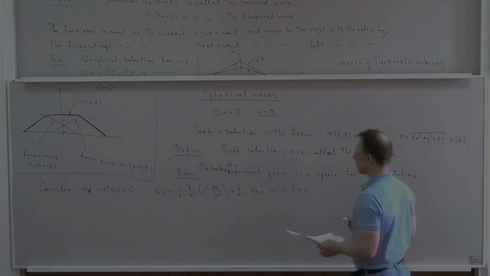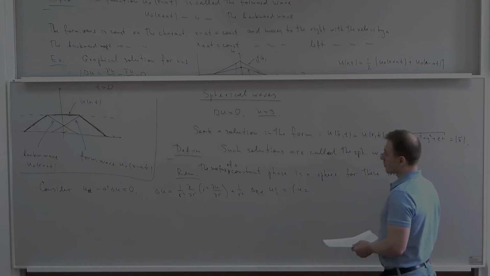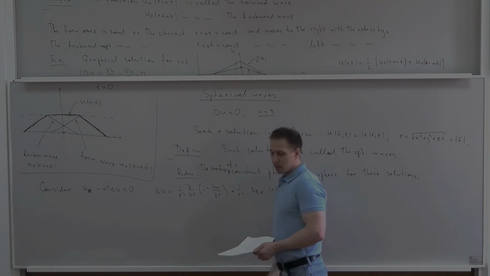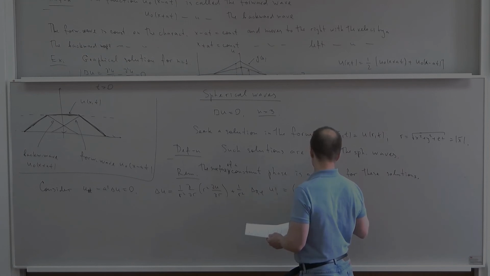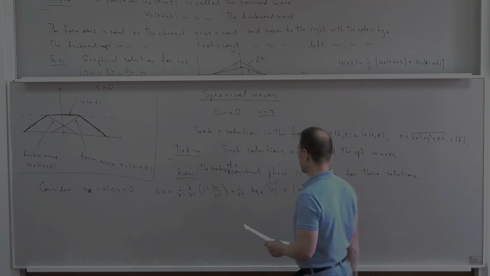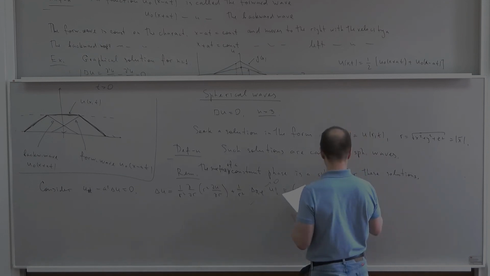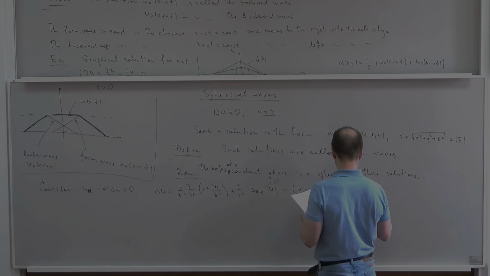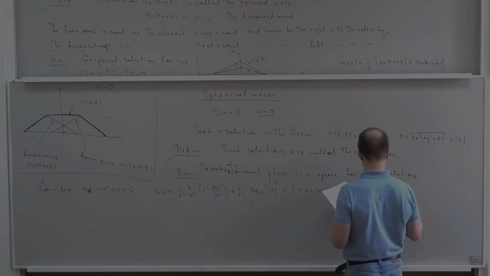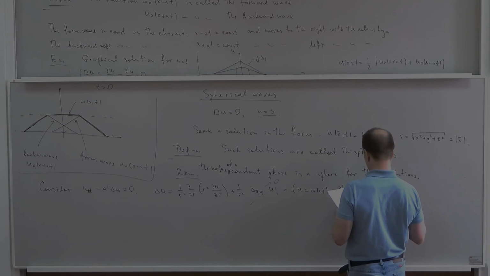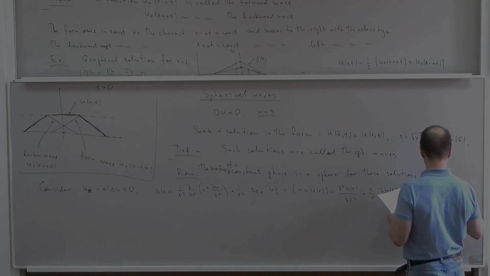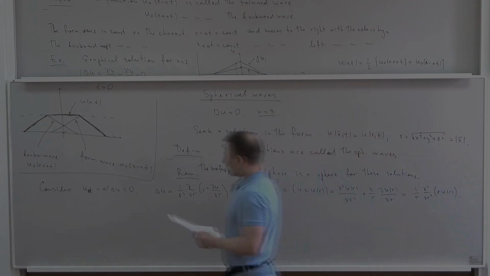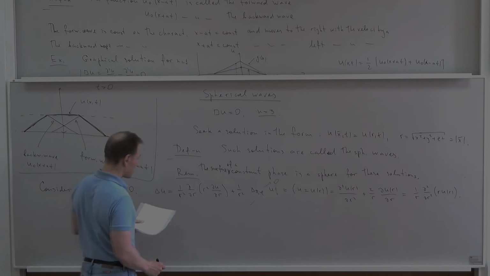Now we consider only the case when u depends on r and it doesn't depend on the angular variables. Then this term vanishes and we are left with such a combination, which can be written in the following form. The result, this equation for spherical waves